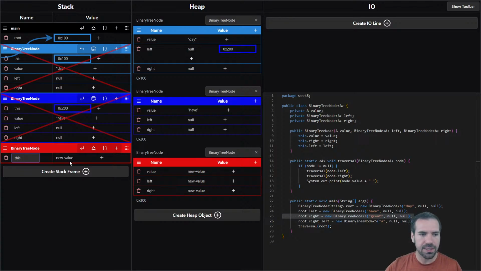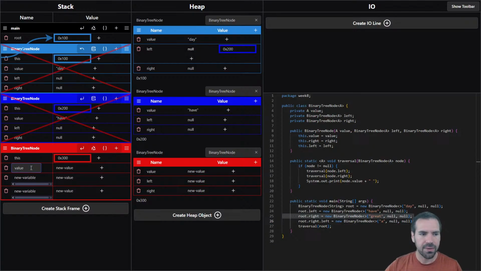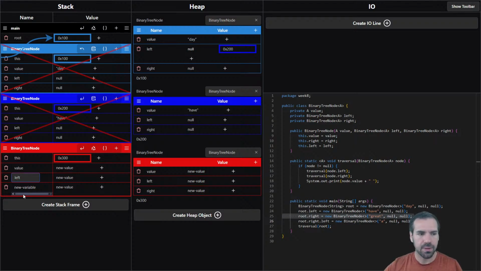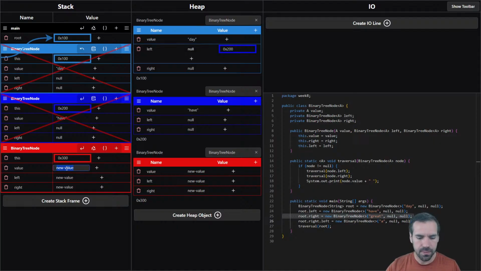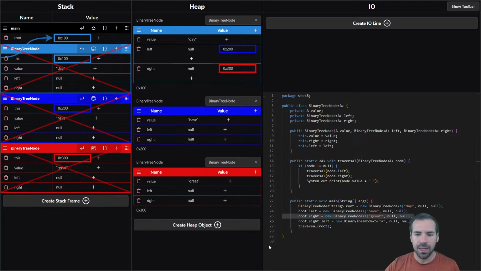Value, left, right, this. OX300, value, left, right, great, null, null. Great. Oh, I have a feature request for this. I want tab to be able to send me to the next box, so I'm not using my mouse so much. This returns into root.right, so root.right equals OX300, and then one more time,